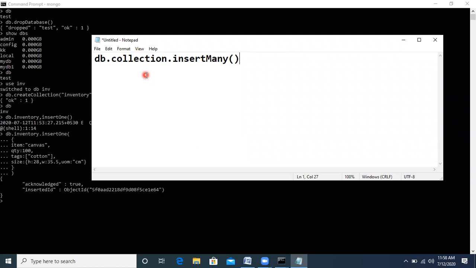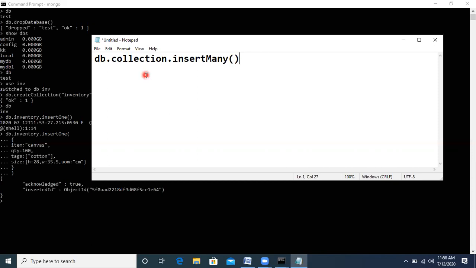Methods are functions. So now we will do an example that will insert 3 new documents into the inventory collection. If the documents don't specify an object ID field, MongoDB will automatically add the ID field with a generated object ID value to each of the documents.